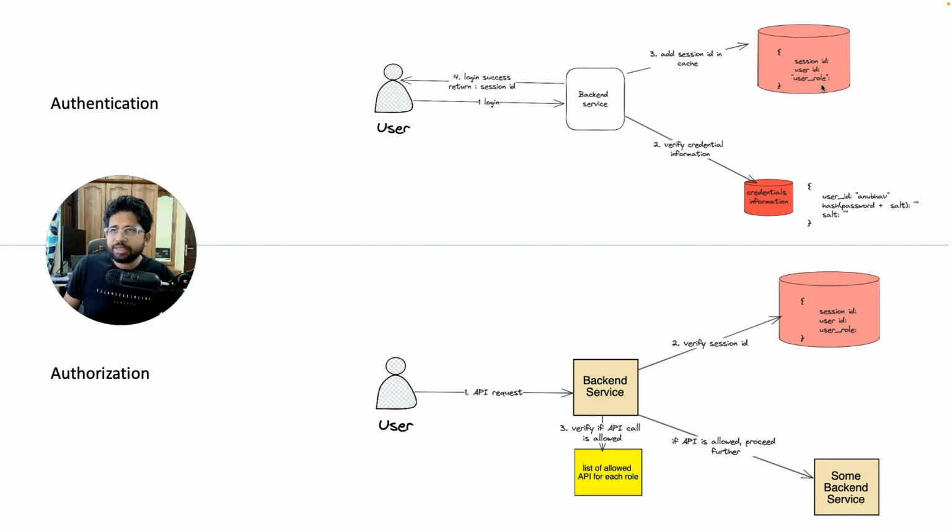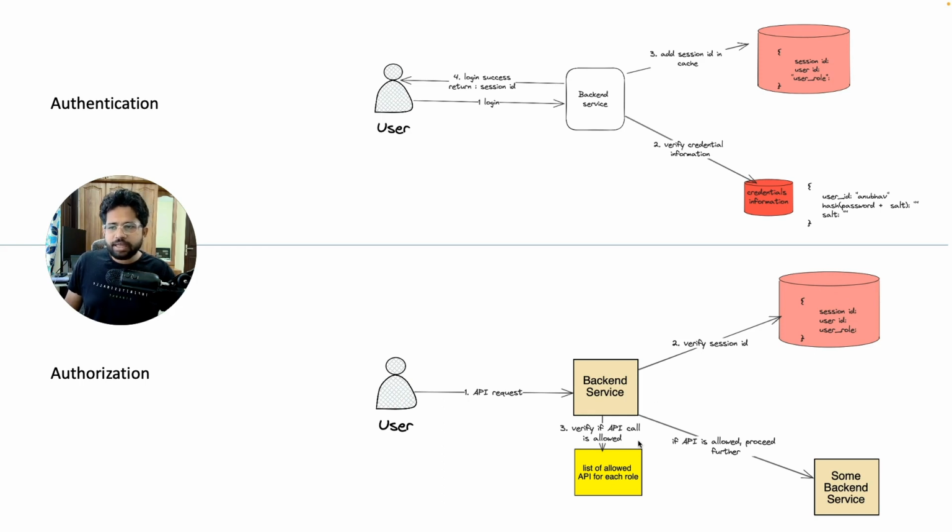So you put those things in your cache, and then whenever the actual API call is made, the request will again go to the backend service. Instead of verifying itself, it has to verify the session by making an external call. Whatever session ID it gets from the front end, that is from the user, it will make the Redis call or the external storage call with that session ID, and get the valid user ID or user role. If the user role or user ID exists in the database, that means this is a valid request, and in that case the request will proceed further.